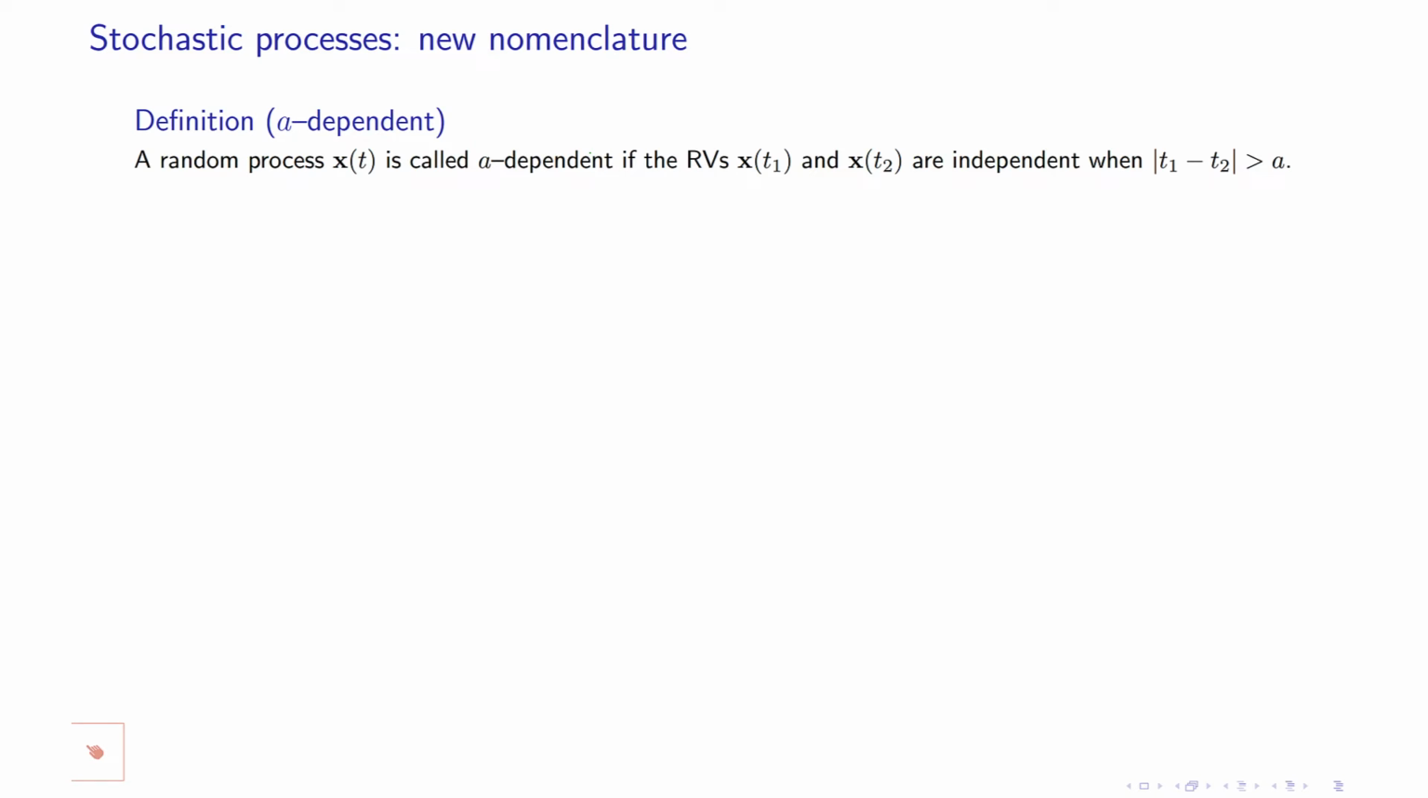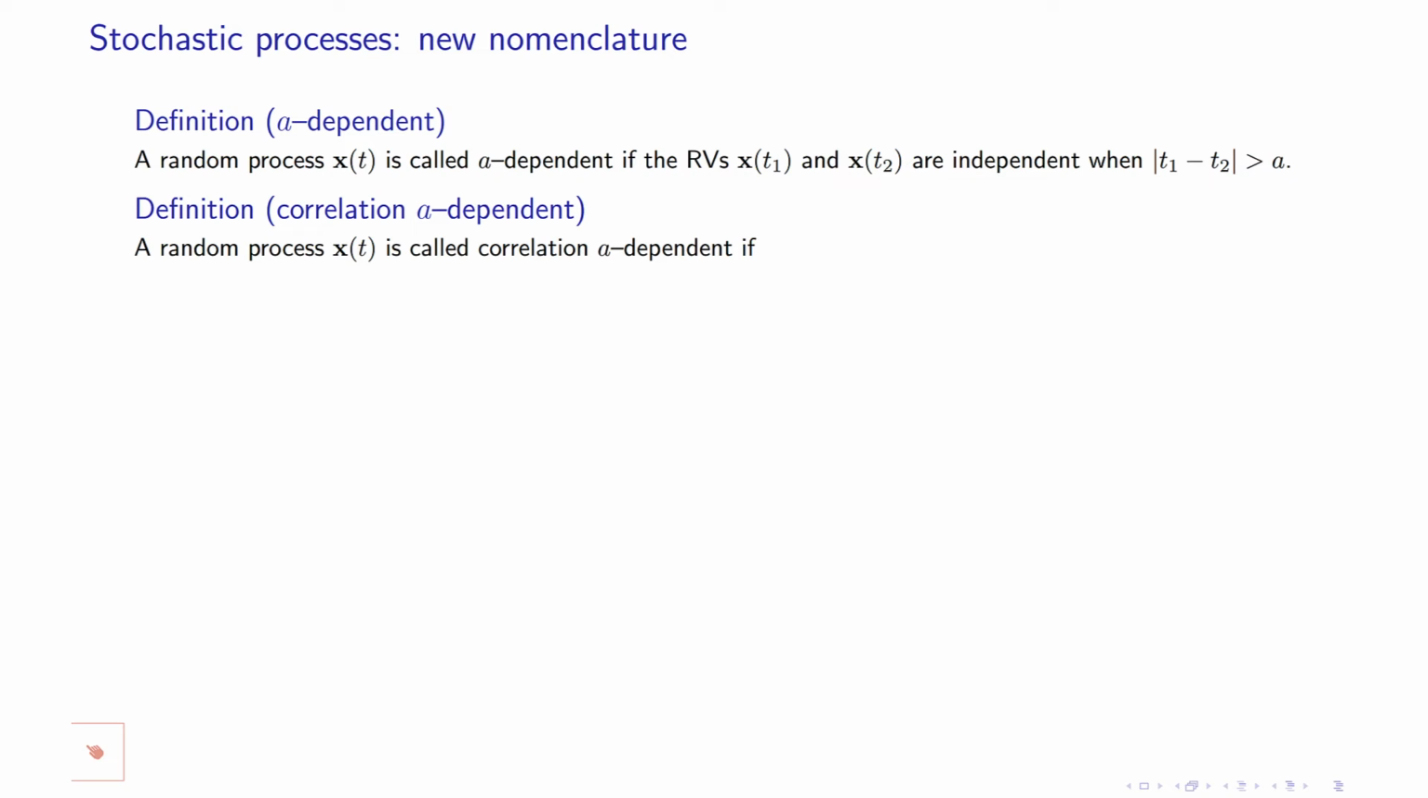Now we want to have some new definitions, and you see that in this part we have lots of definitions in order to simplify our communication with our colleagues and other researchers and so on. We call a random process a-dependent if you take any two samples at time, let's say, t1 and time t2, as long as the distance between the two samples is bigger than a, if they are independent. So if x of t1 and x of t2 are independent for large time separation, we call them